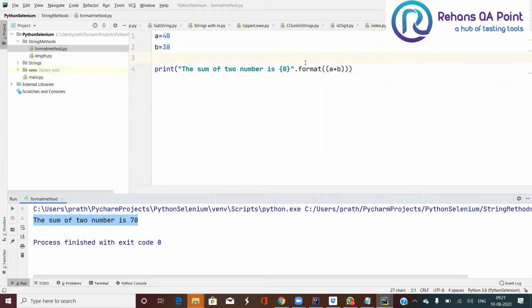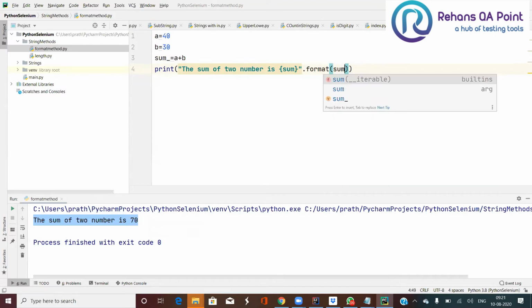But some people will not understand what is meant by 0. Why is Pratap writing 0 here? So to make you understand very easily and clearly, I can also name it with my sum. So sum underscore is equal to a plus b. I'm going to use my a plus b here. Now see what I'm going to do.